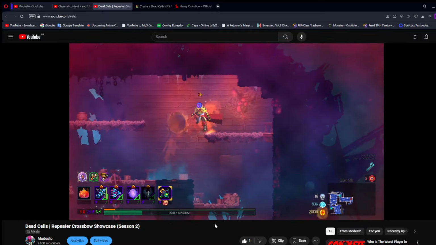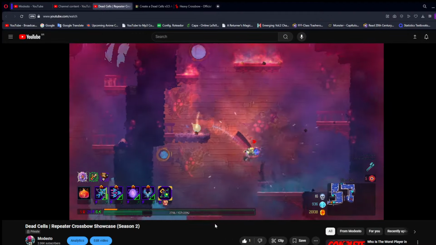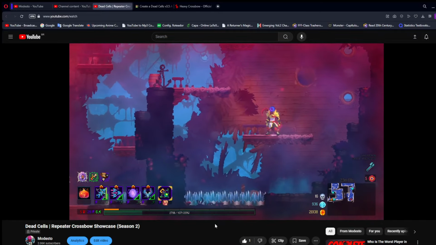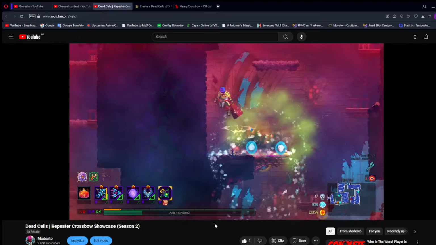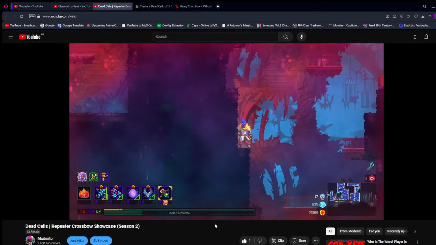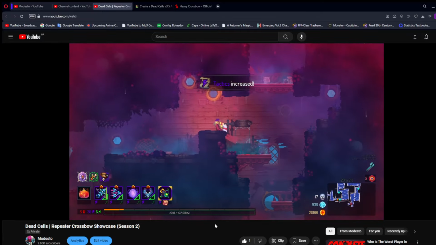It works wonderfully with barbed tips because both of your attacks, the main one and the one that roots enemies, are gonna apply the barbed tips effects. So you can get quite a bit of damage out of it. And maybe using it with ammo would be nice, seeing that I ran out of ammo there in the death fight. But we still managed to get a flawless, and